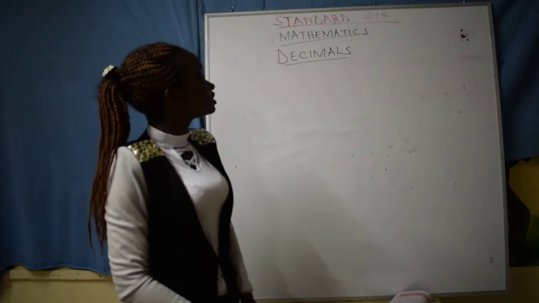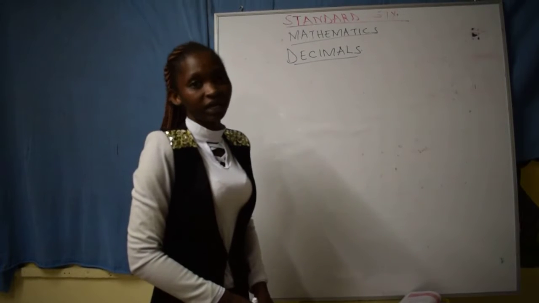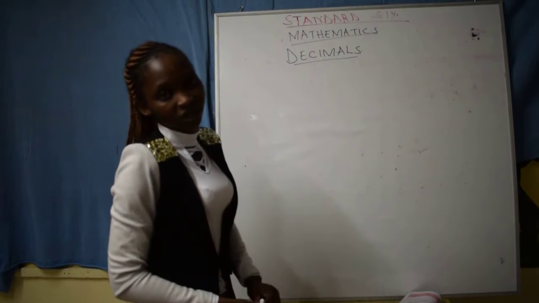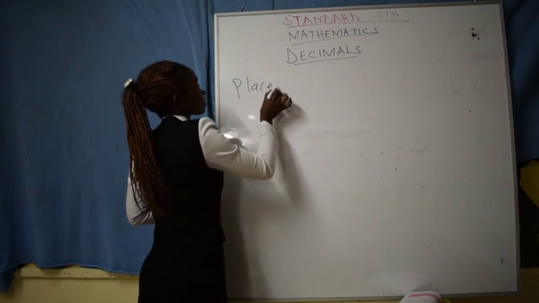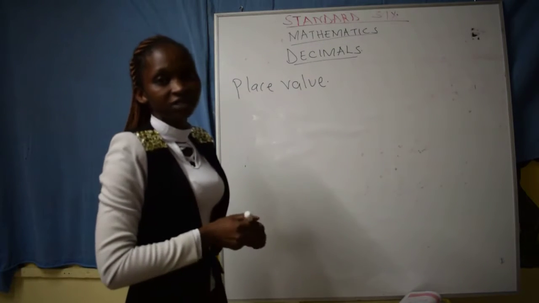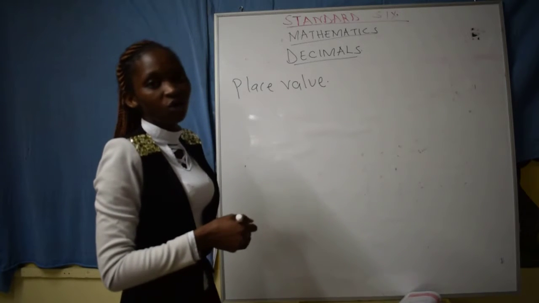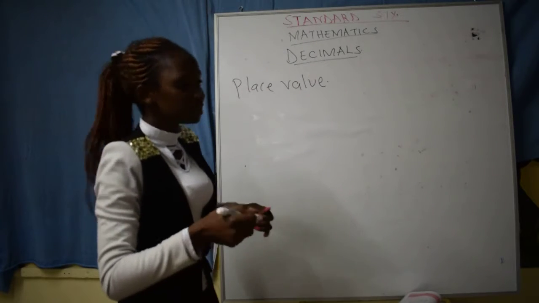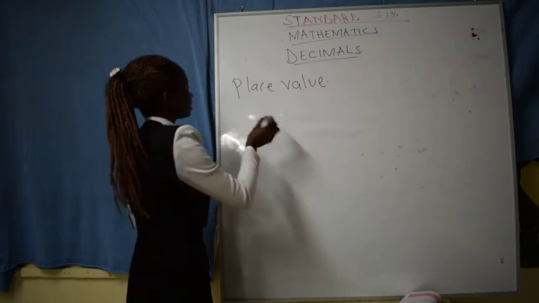I wish to introduce a new topic on decimals because in our previous lesson we concluded the topic on fractions. And to begin with decimals, I want us to look at the place value. Place value. And on the place value, I want to take you back to place value of all numbers before I introduce the place value of decimals. And in place value of all numbers, let us have a number like